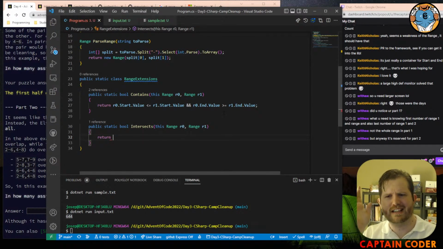So it's that. Why is my brain having so much trouble with this? So this one is that it's contained in. So what are our cases? I have a case where